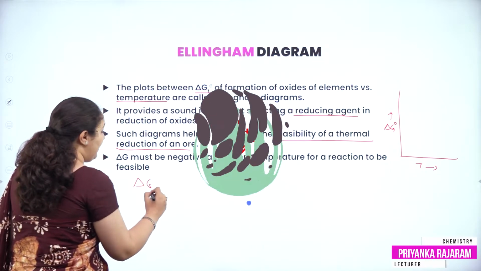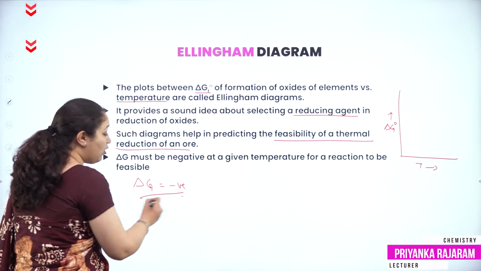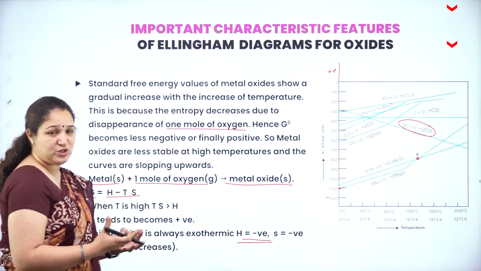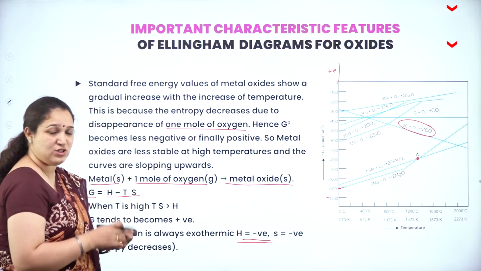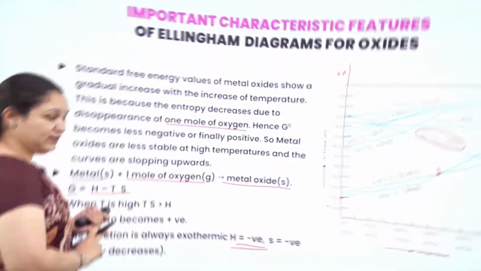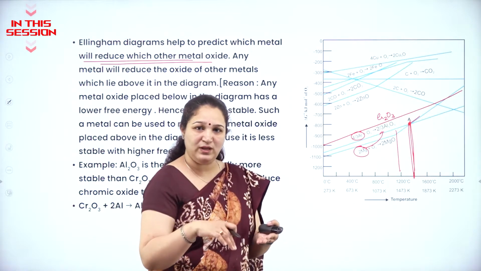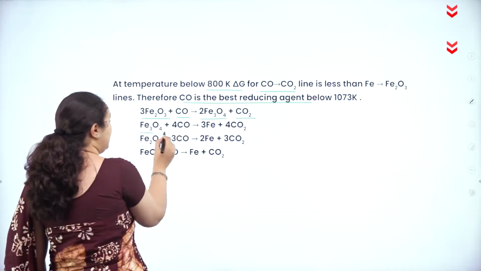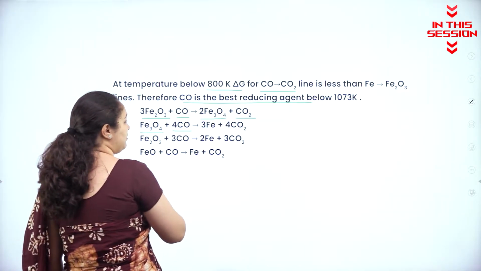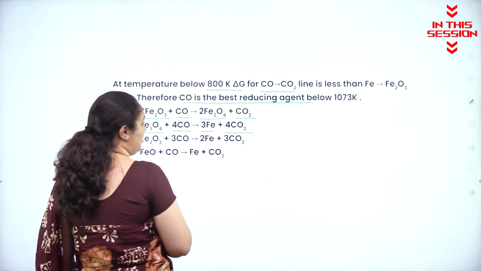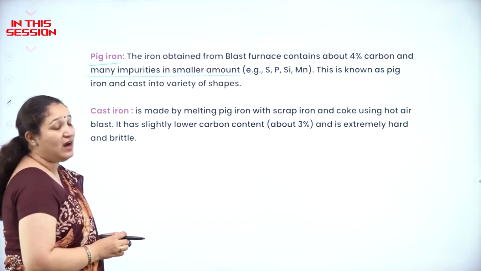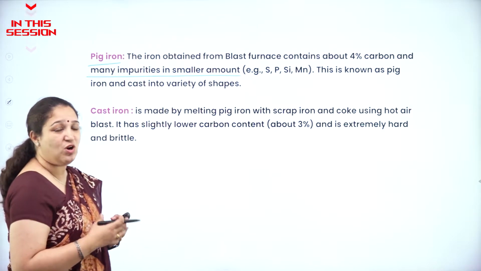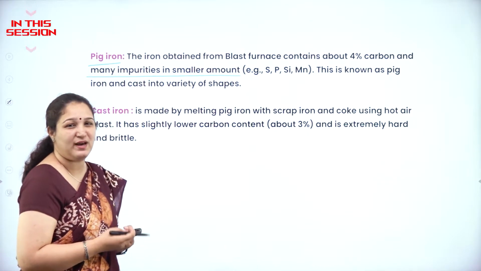See, delta G value is negative means it's a spontaneous reaction, isn't it? That is, it's an exothermic reaction. Formation of an oxide is an exothermic reaction. So, delta H is negative value. So, you take chromium oxide, add aluminium metal, it wants to form aluminium oxide. Further, Fe3O4 will react with more carbon monoxide to give Fe, and carbon dioxide gas is liberated. It can be cast into various shapes. Because it has got 4% carbon, we call it as pig iron. It has got a lot of impurities.